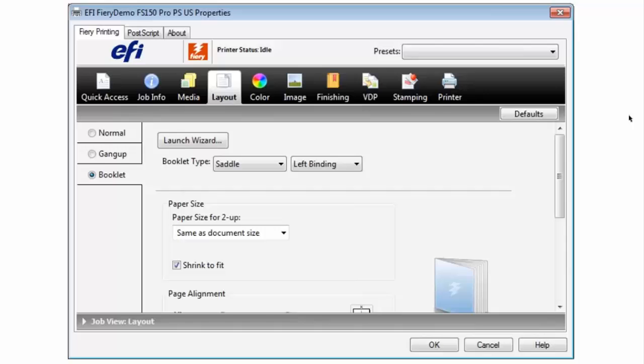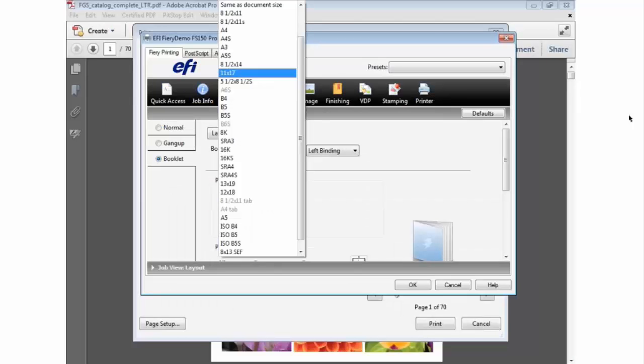If you haven't ever done this before, you can actually launch the Booklet Wizard, and it takes you through a graphical process where you can choose all the correct settings to print a booklet. I've done that before, so I'm going to do something that doesn't use the wizard. I'm going to choose the paper size, because right now it says paper size for 2-ups. I'm going to go ahead and choose